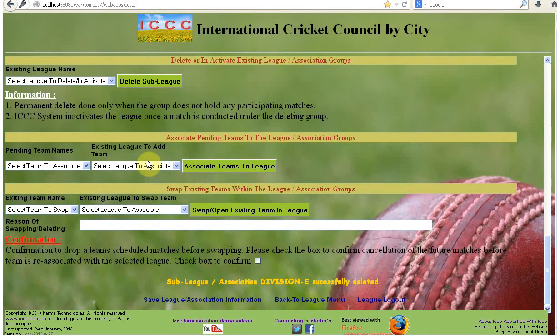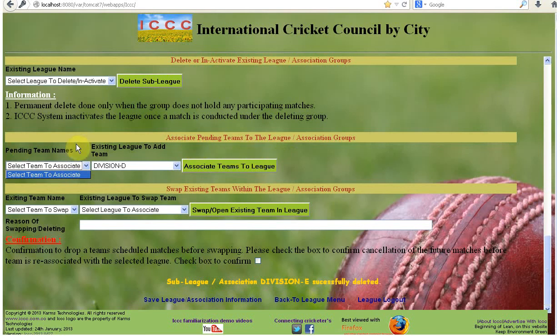If you go further down, another option you have is teams that applied to the leagues. You can select those particular teams and link them to a specific division. Let's say all the beginners, all the teams that applied, go to division D. You select that particular team; it says clearly associate pending teams.